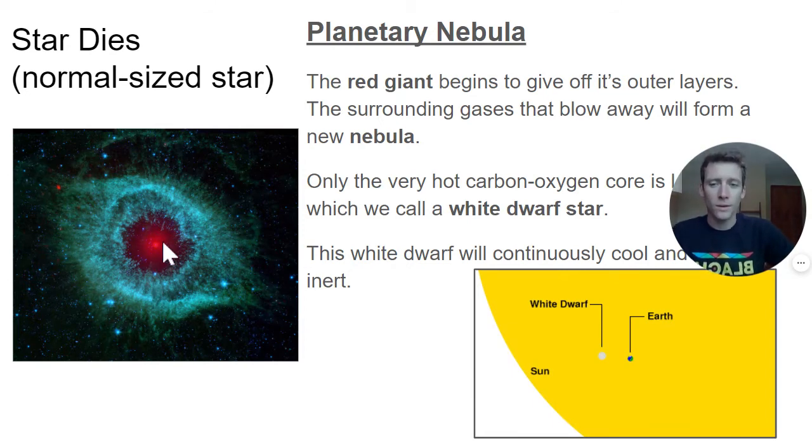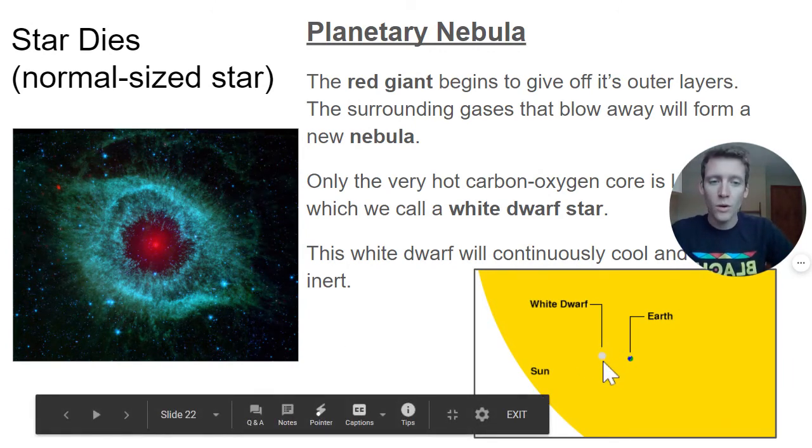its hot core. Just like you can see in this picture of a planetary nebula, only the core of that star remains, and the rest of that is lost. It's puffed out. It just floats into space, and that stuff becomes a new nebula where new stars are formed.